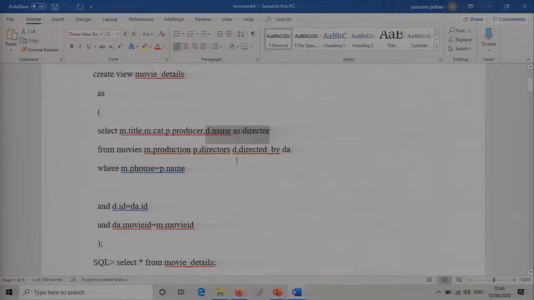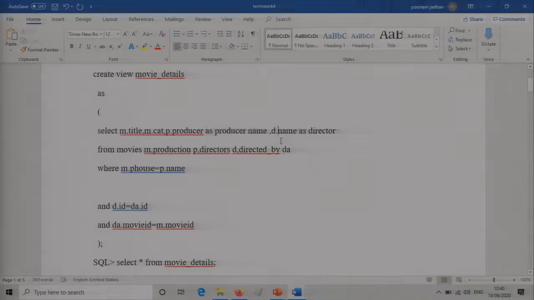As, and what is this? The name has been given a new column name. You can surely give this. Please pay attention to this. I might as well give this a name. If I want, I can simply write AS producer name.